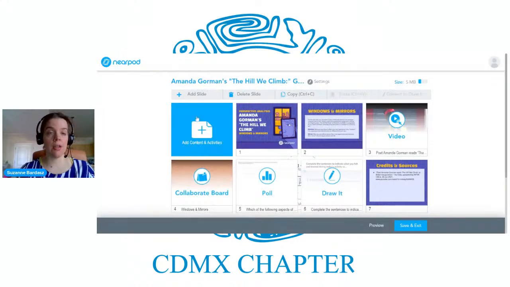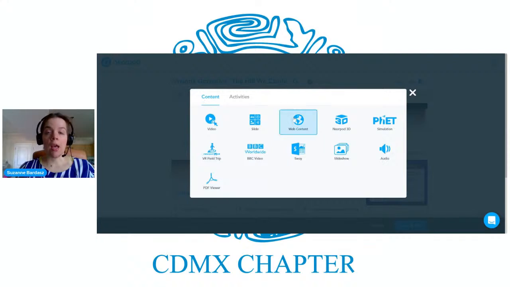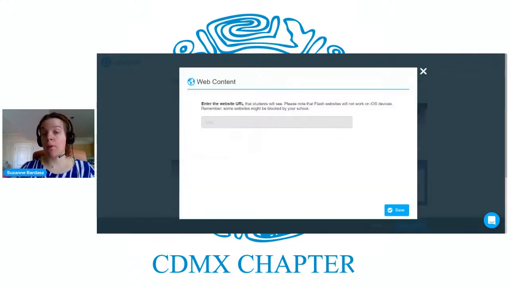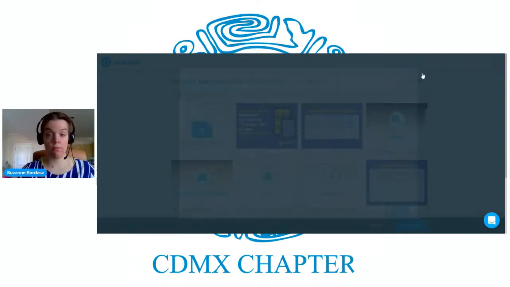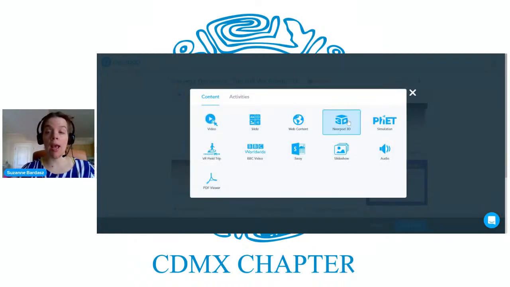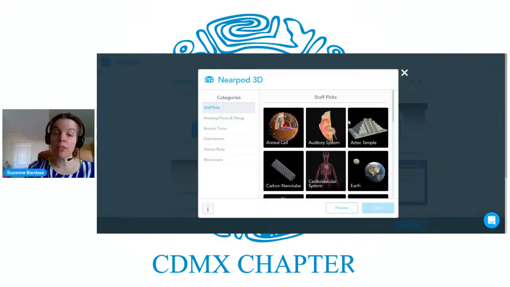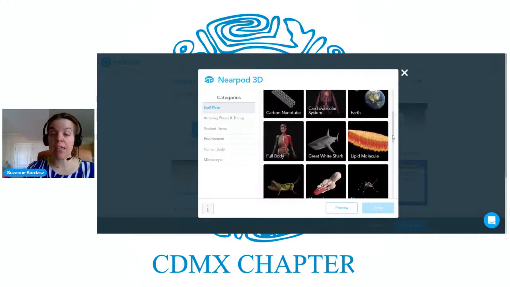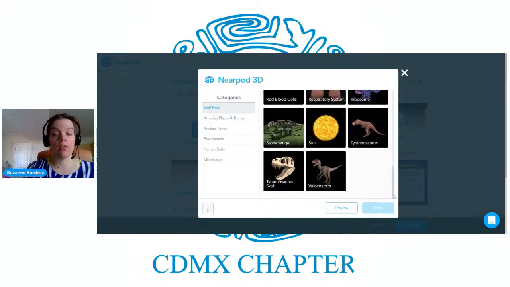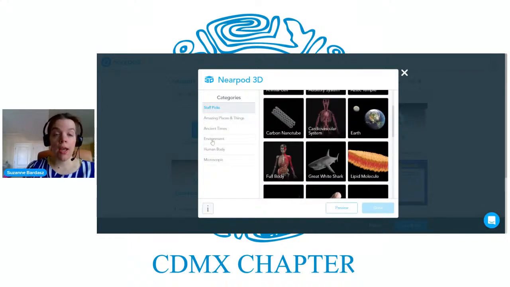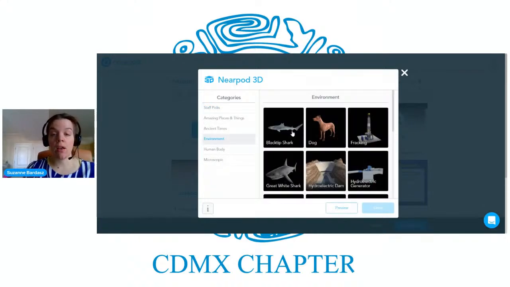Click cancel. I can add web content. So maybe there's a website that I want my students to see or to look and get more information about. I can add Nearpod 3D. So this is really cool, especially those of you who are teaching more science or more different contents. You could have students look at a 3D simulation that you can have them examine more